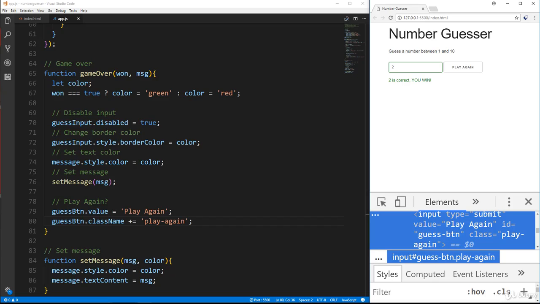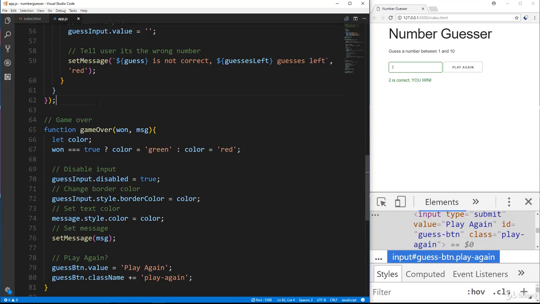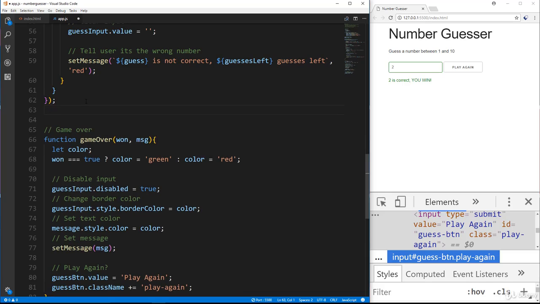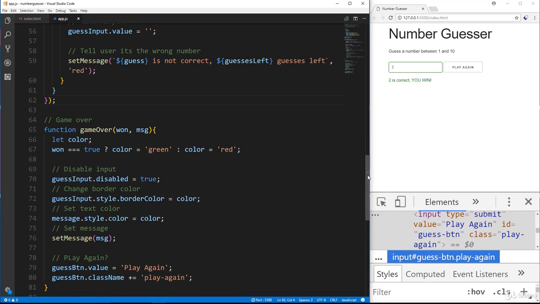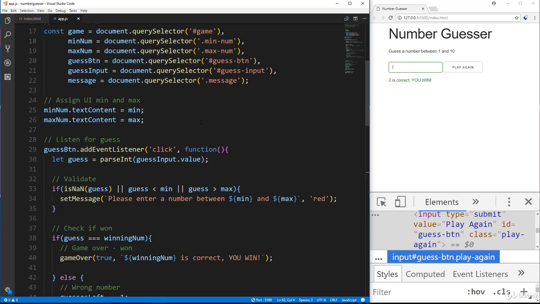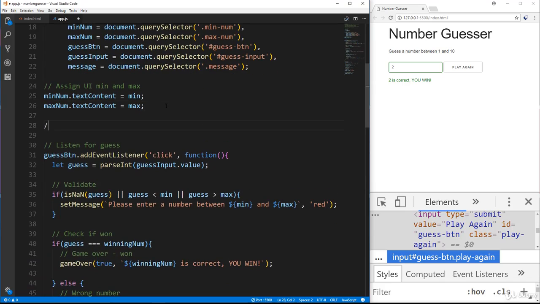Now remember back in the last section when we talked about event bubbling and event delegation, since this class was added after the page loads, we need to use event delegation, meaning we have to add the listener onto a parent. Okay, and then we need to search for the target that we want, which is play again. So let's go right above the game over here. Actually no, since it's an event listener, let's put that at the top. So we'll go right here and let's say play again